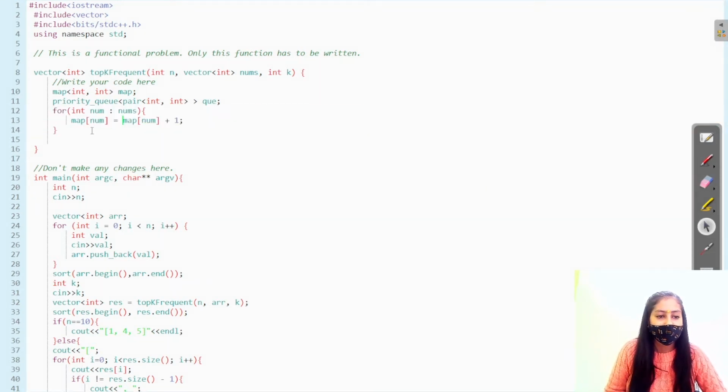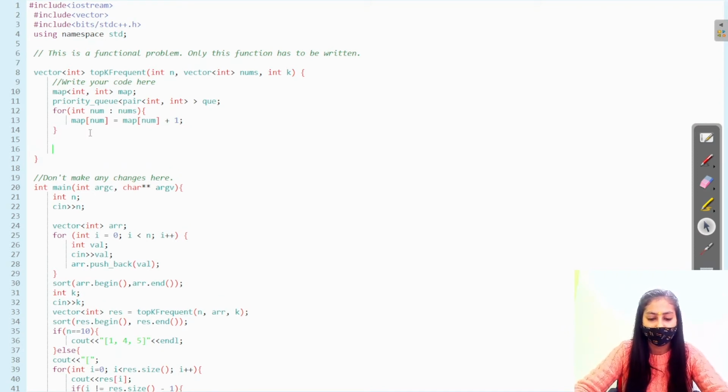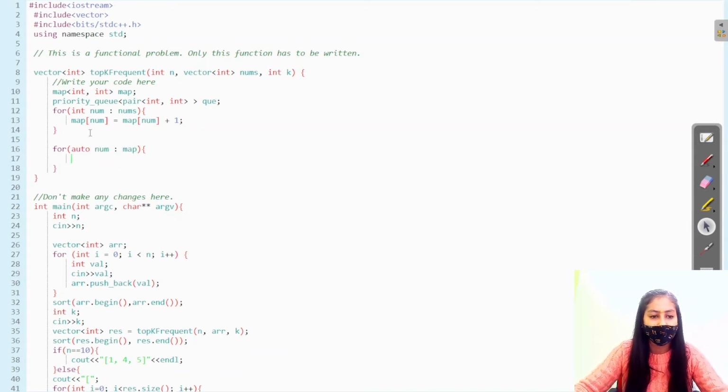Next, we are taking the values from the map. So for auto num belonging to map.